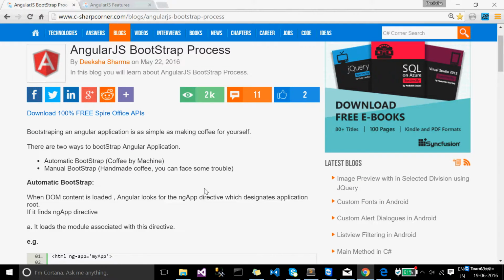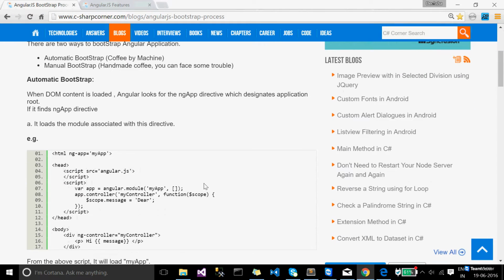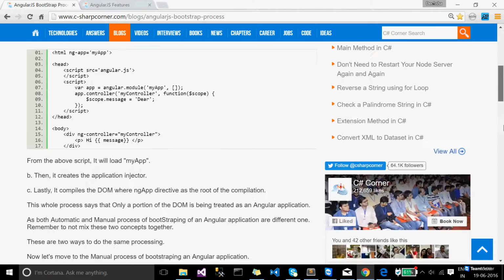See, there are two types of bootstrapping that happens in an AngularJS application. One is, sorry,